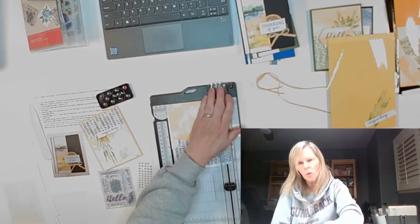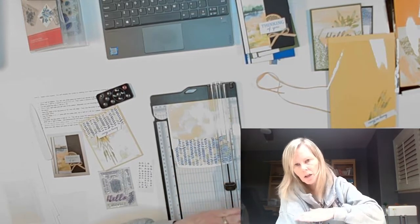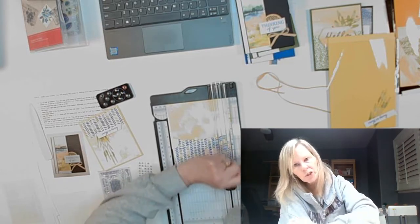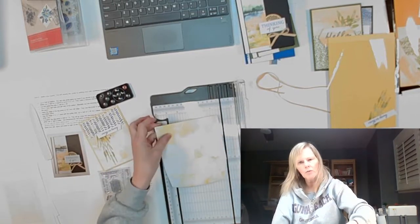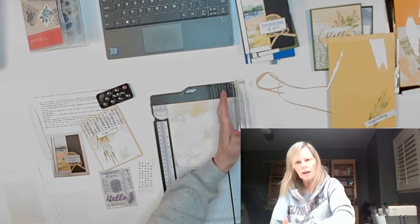So you go down here and you want a really good seal of that envelope, because you're going to go over it, and because some of it's a little wonky, you want your blade to go through. So you want to be real assertive when you do it. You don't want to go too hard, but you want to make sure you're doing it at a steady pace. Maybe that's a better way to put it. Now that you've done that side, you're going to flip it over, keep it on the flat, and go 7/8 of an inch and cut it again. Okay, so now your inside